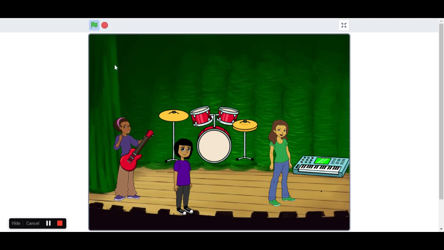Give a round of applause for One Direction. So that's my voice. I recorded my own voice. Here, like that. So the drums are playing on their own because I've added a loop on that. And if I click her, it will start a song. And if I click the character or the piano music, piano and the drums as well. So basically all of that's played, and when you click the red button, it completely stops.